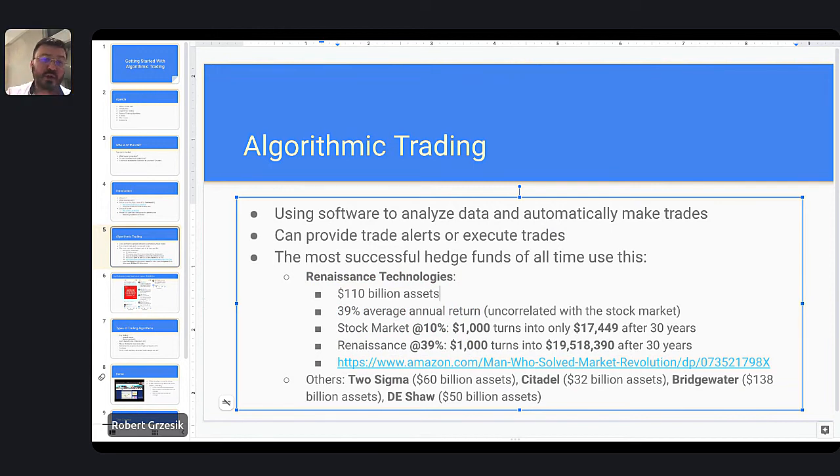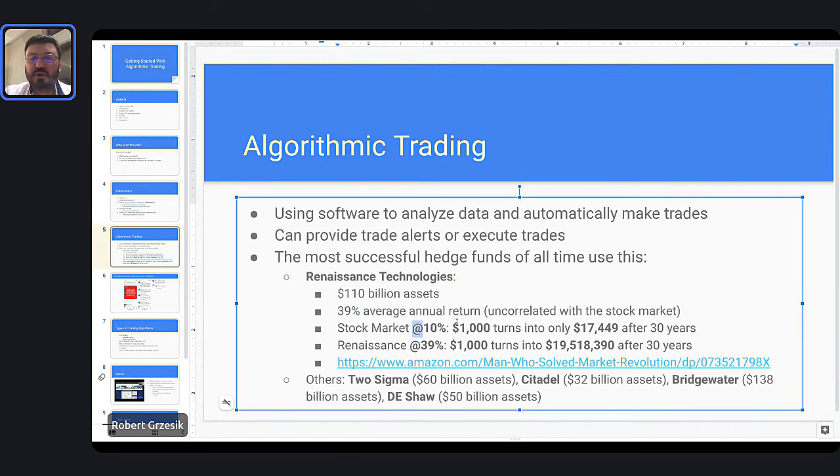And for those of you that don't have a background in mathematics or in finance, let's talk about what that really means, a 39% return on average. So the stock market on average makes about 10% a year, okay? Which means that if you put $1,000, and the stock market is one of the best investment choices, I think, for the average everyday person, right? It's a very good investment vehicle.